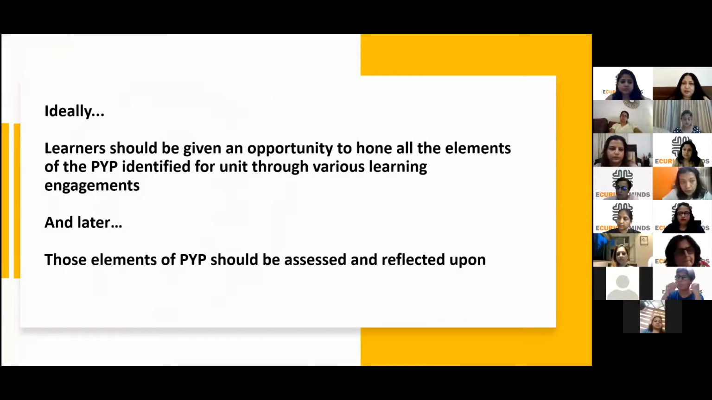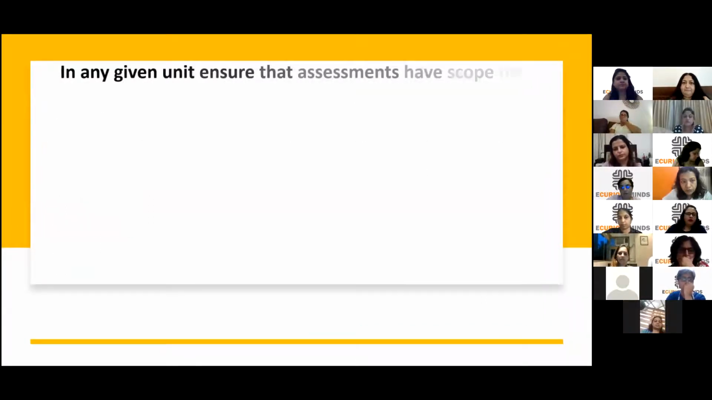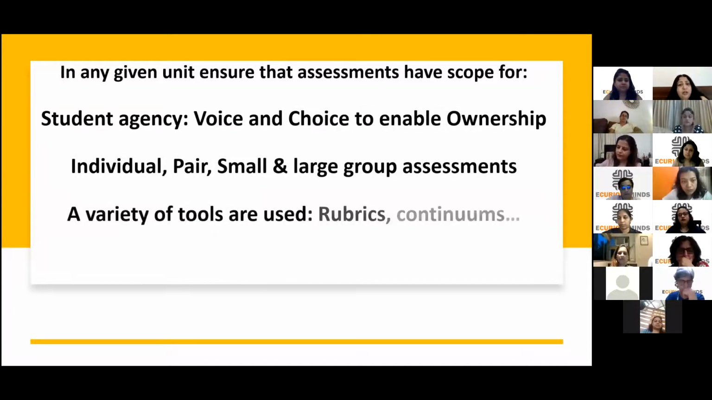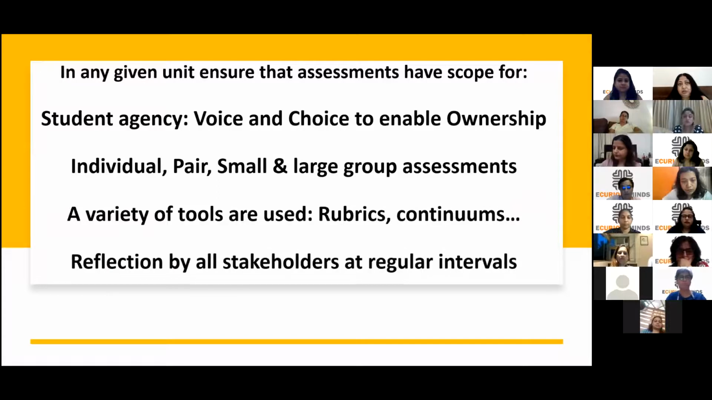All right, let's look at this. Basically, all learners should get an opportunity to hone all elements of the PYP identified for the unit, and later these should be assessed. Here I'm speaking about the unit of inquiry. Ensure that in a unit of inquiry, you have a variety of assessments: small group, large group, individual, as well as a variety of tools. Reflections obviously should happen from time to time. Ensure that there is voice and choice